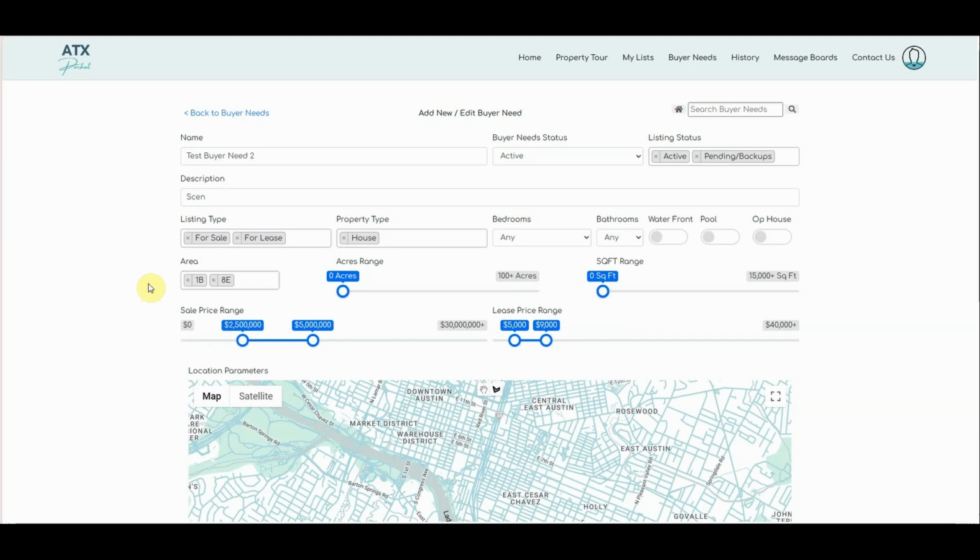Now, in order to share a buyer need, it needs to be created first. It's pretty obvious, we think, but you can't share something that doesn't yet exist in the system. So you won't see a share option when you are first creating a buyer need. It must be created first. Then you go back in and then you'll see the share option, okay? So on this form here, since we're just creating this one, we're not going to see the share section. Okay, so we're going to go down,